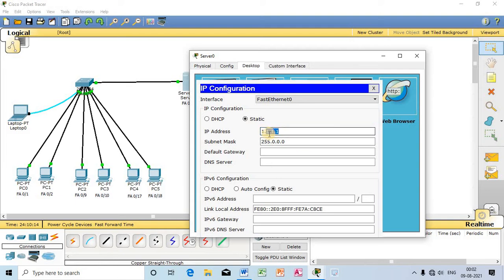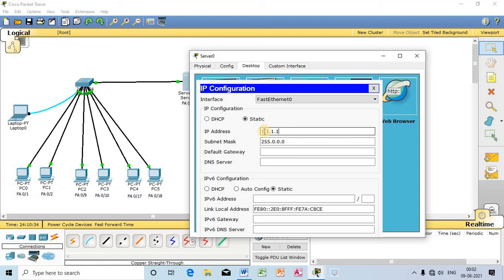So that is why this is an 8-bit network address, because only the first field, and each field holds 8 bits. 8 bits into 4 fields, that is a 32-bit IP address.